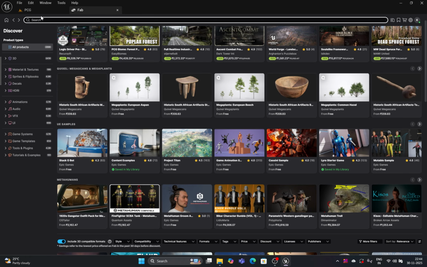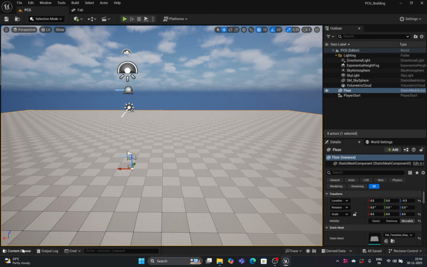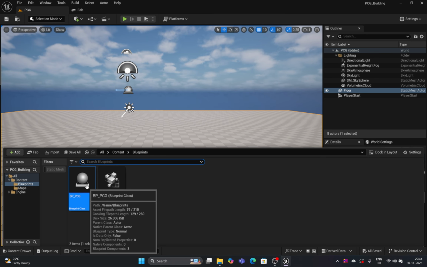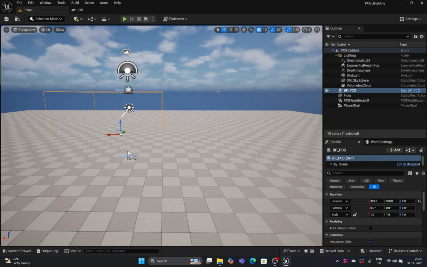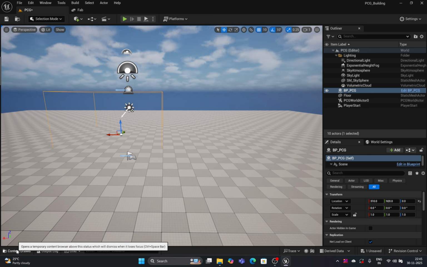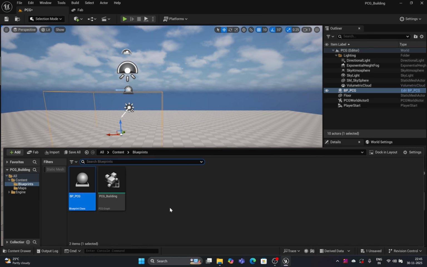Let's close this. Now let me drag and drop this BP PCG into our level. Only then it will work, right? If it is a blueprint class, then obviously we need to add it inside the level. So after doing that,